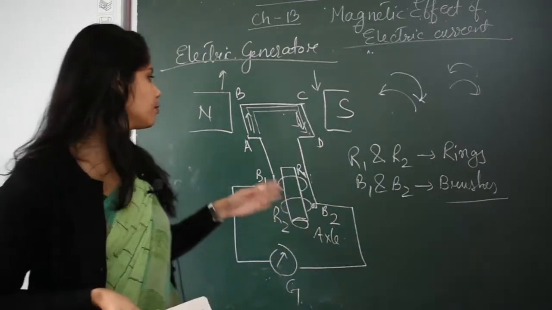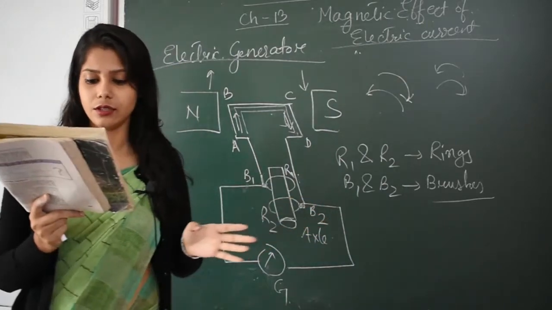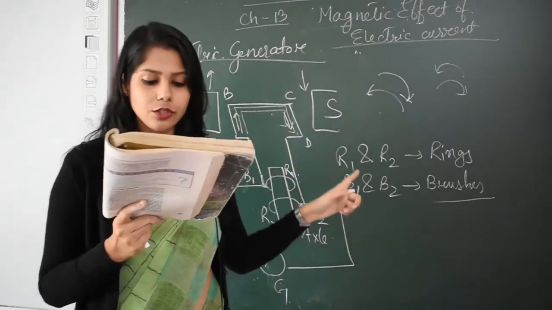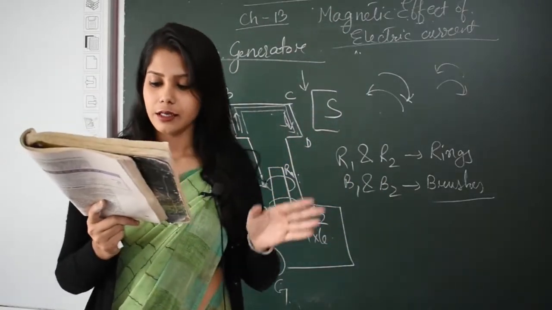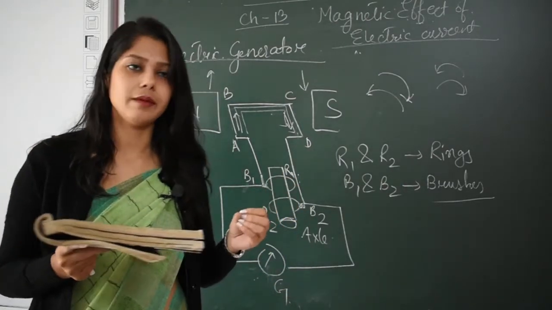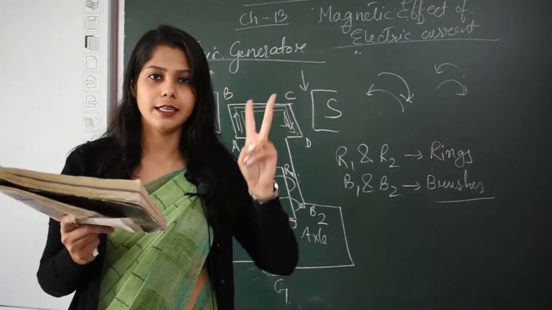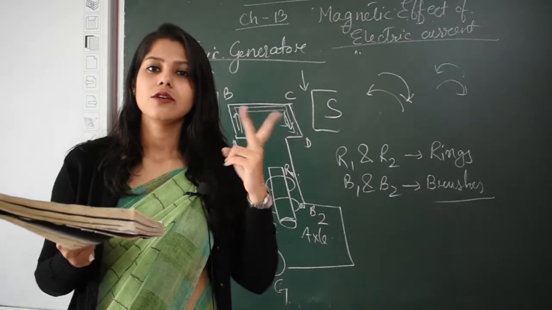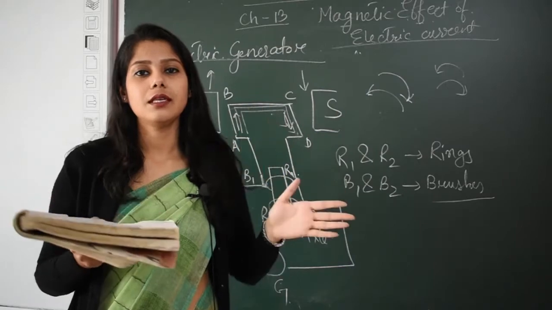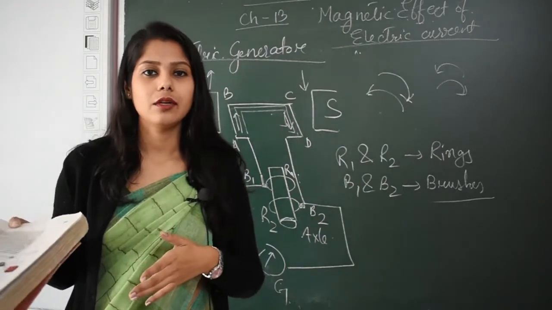Thus, in every half rotation, clockwise and anti-clockwise, the polarity of the current in the respective arms AB and CD changes. Such a current, which changes its direction after equal intervals of time, is called alternating current. As it is alternating, it is termed AC current. Everyone has heard about AC current, which we use in our home supply, commercially, in shops or in factories.